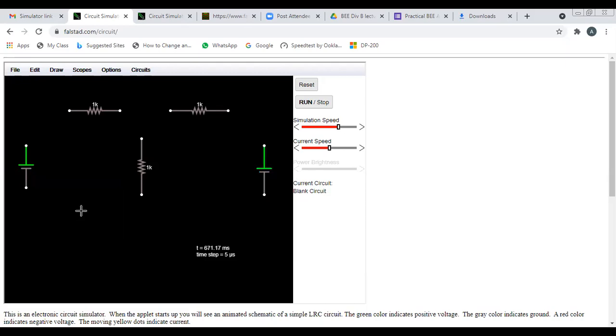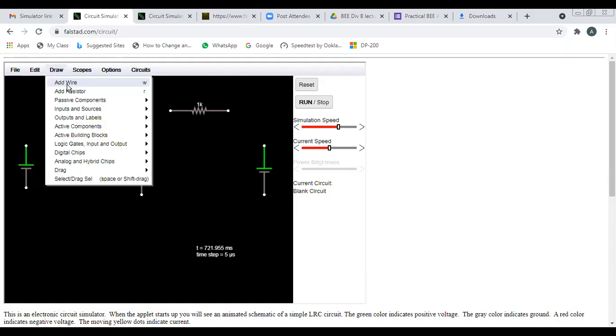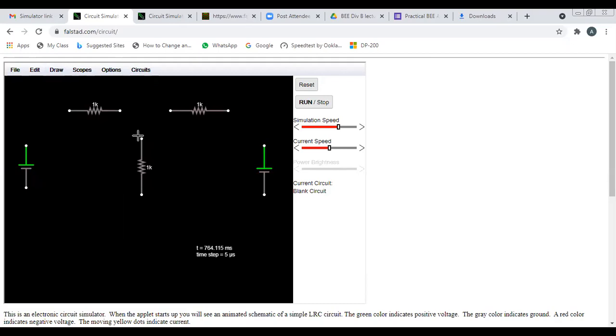Okay. Now whenever you have to connect all this with the help of wires, in draw the wire option is there, the first one. But whenever you do the connections, you join either the left or right loop first. Otherwise, current will not flow through the central limb. If some student first joins the 2 negative terminals of the batteries together by a single line, then current will not flow through the central limb. So you have to design either the left side loop first or the right hand side. I'm going to design the left one first. I will complete it first.